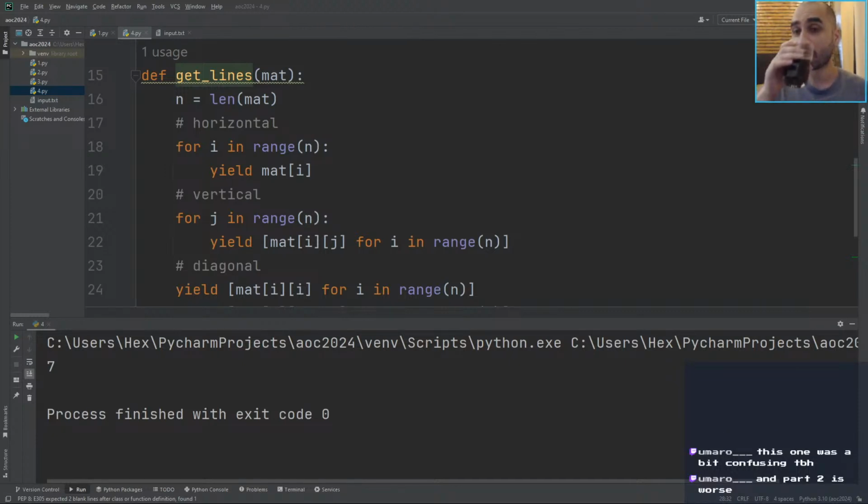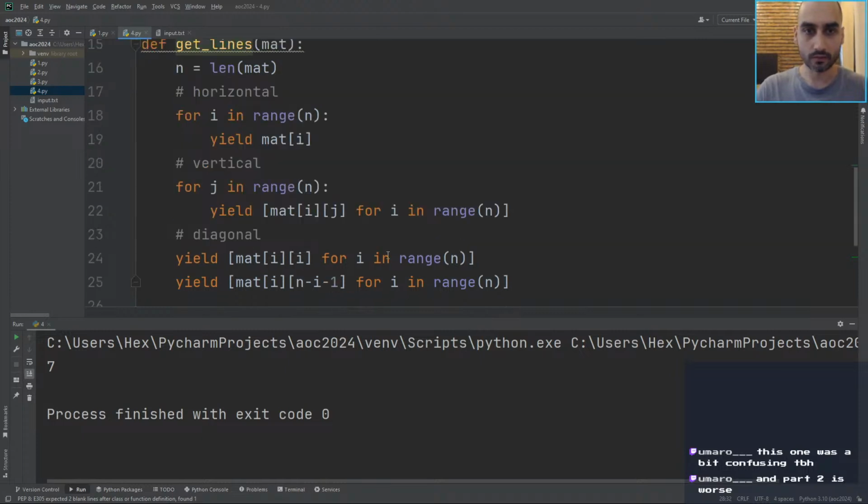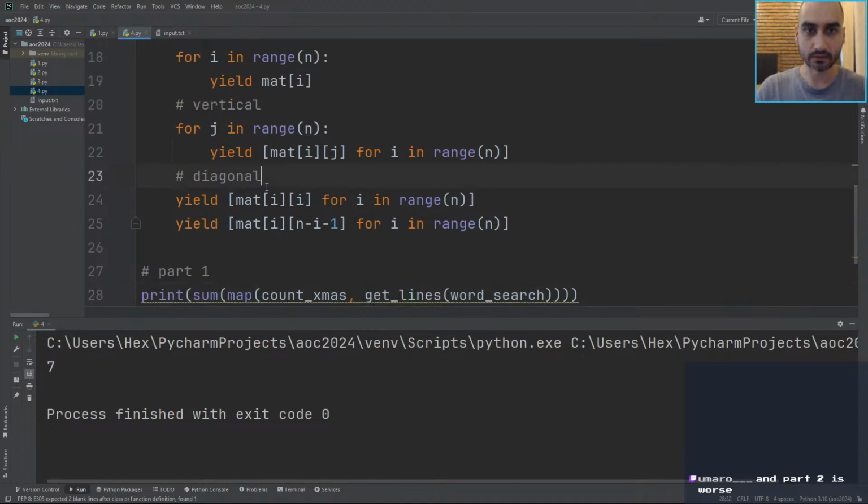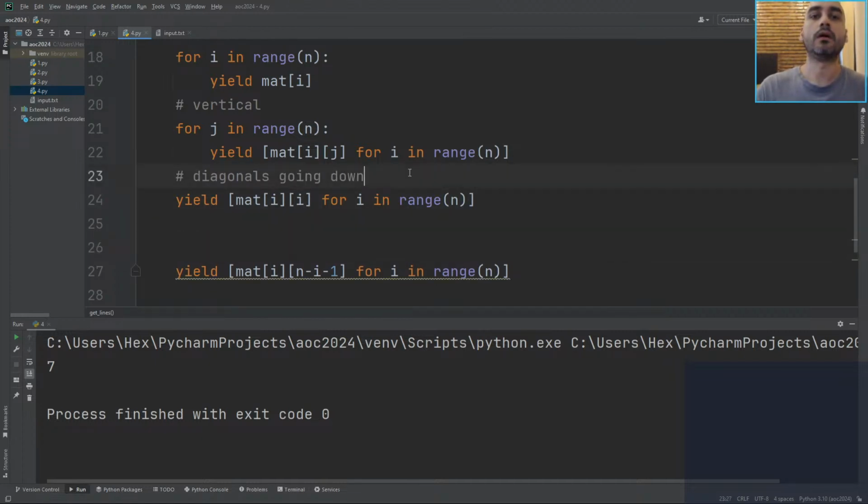So diagonals going down, let's say, just the easiest way to describe it. So we want